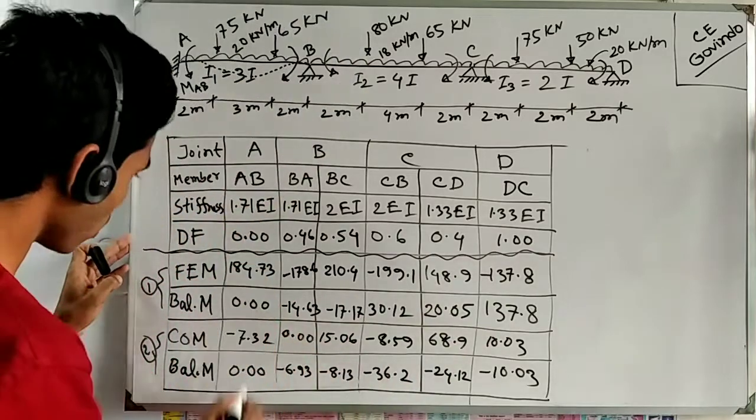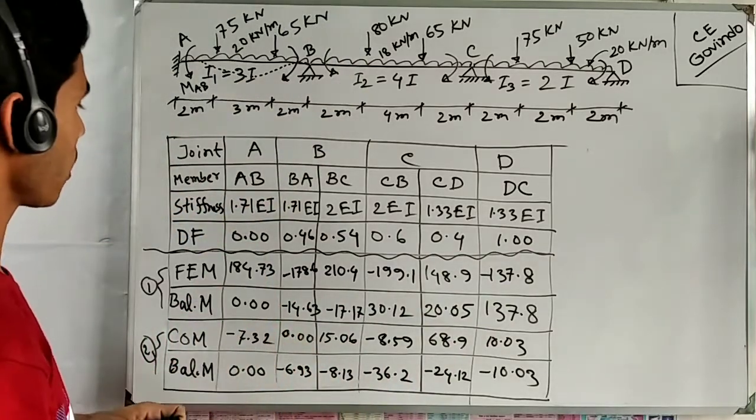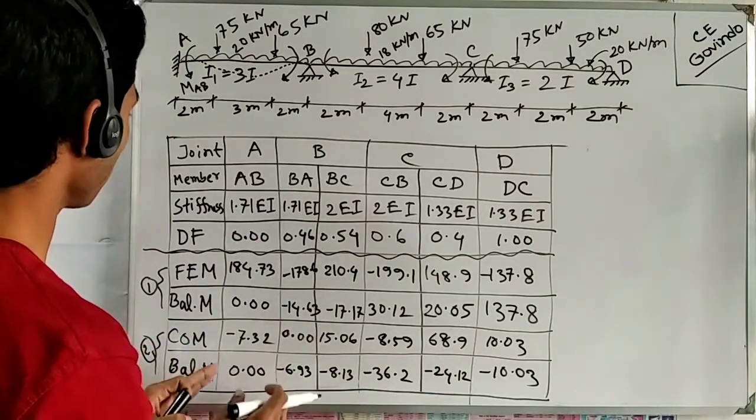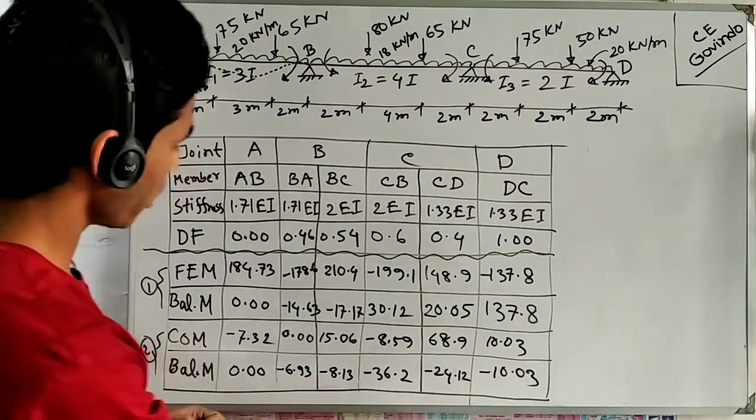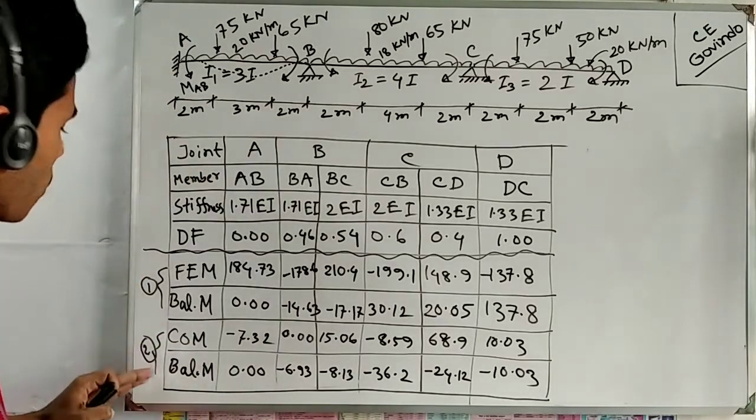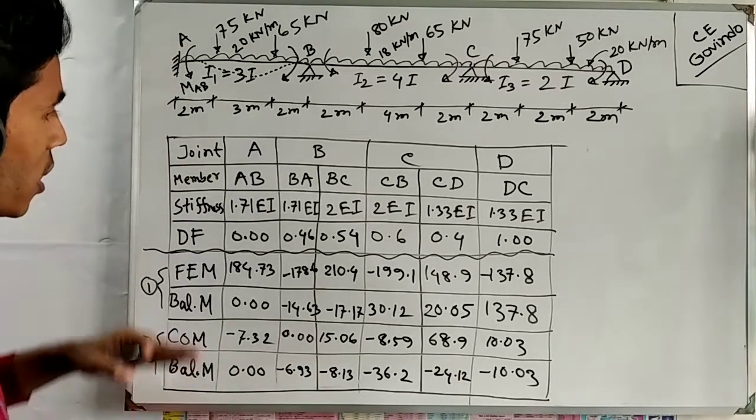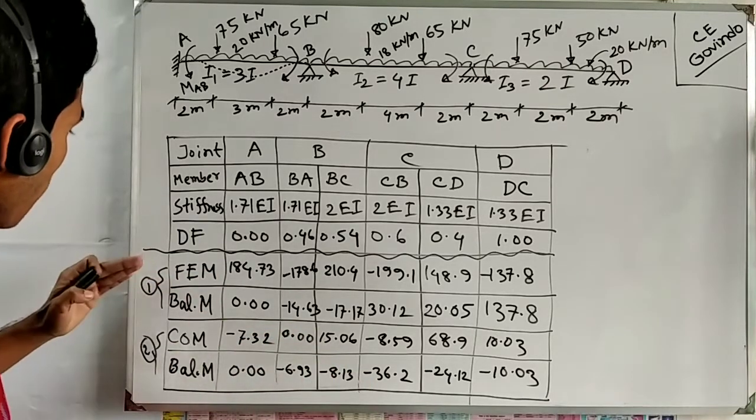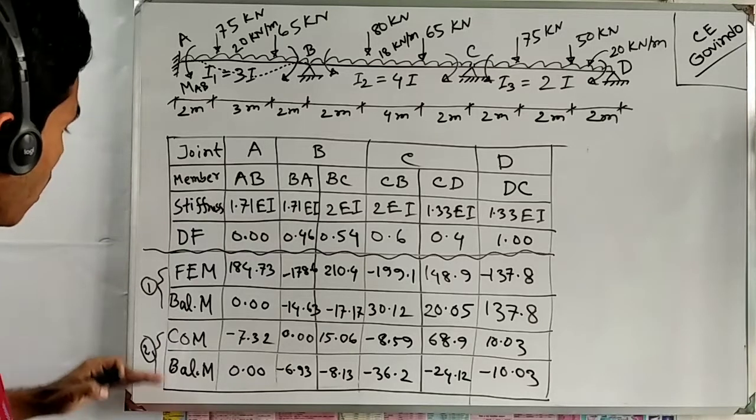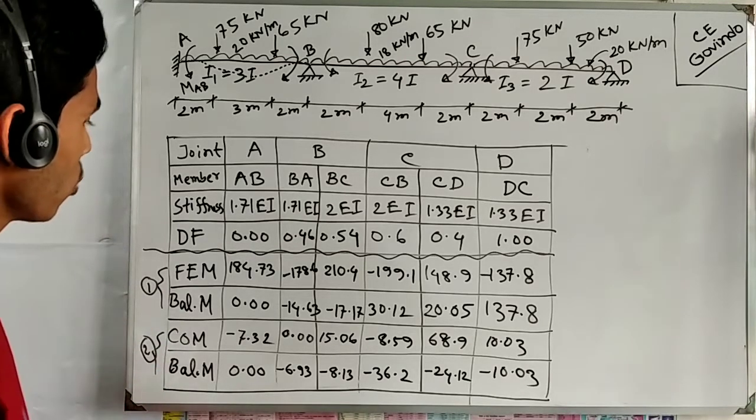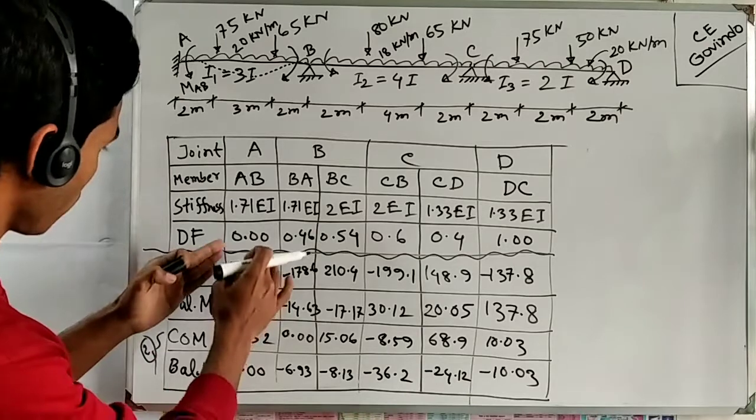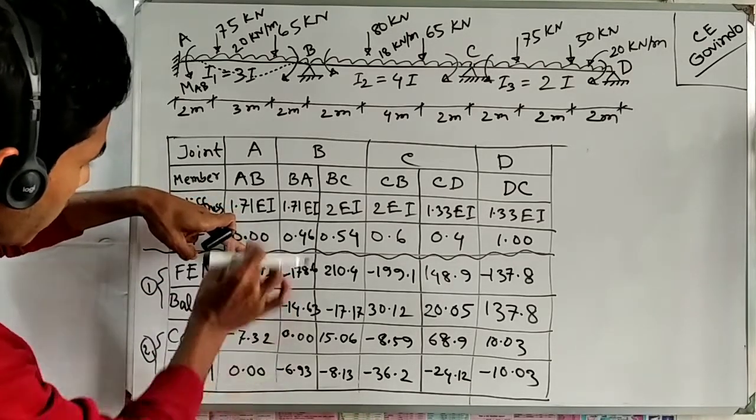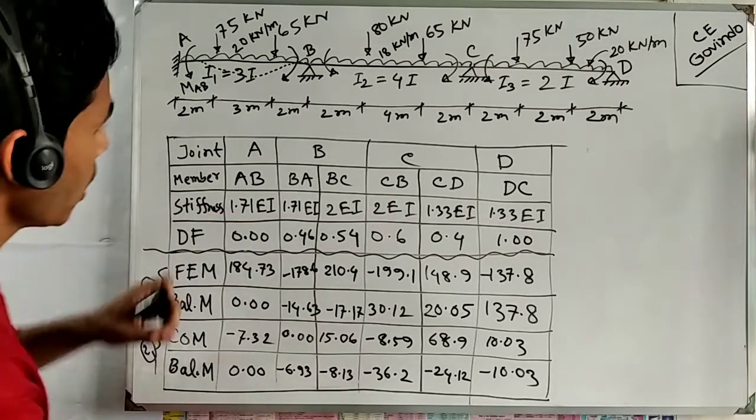We need to sum all the moments algebraically to get the final moment. For this example, I'm going to write the final moment by distributing this moment. Basically, if you make 5 or 6 cycles, that is sufficient to get the final moment. If you do this cycle again and again, for 5 or 6 cycles, you will get values very near to 0. And if you sum all those values starting from here, the fixed end moment, algebraically, then you will get the final moment, which will be